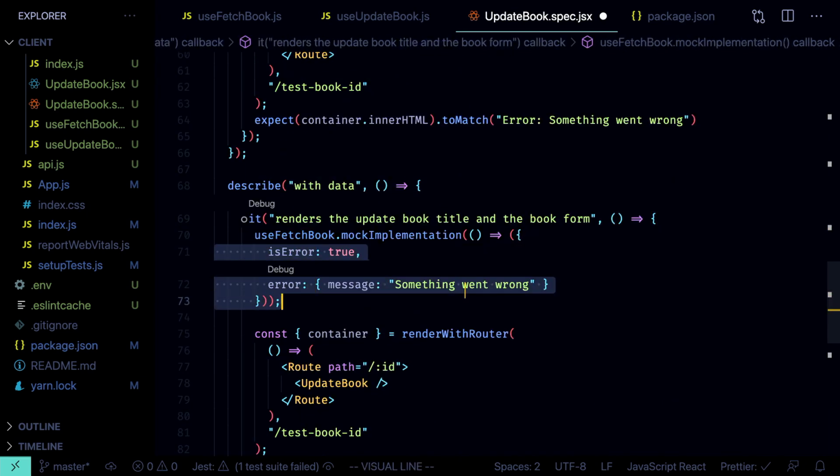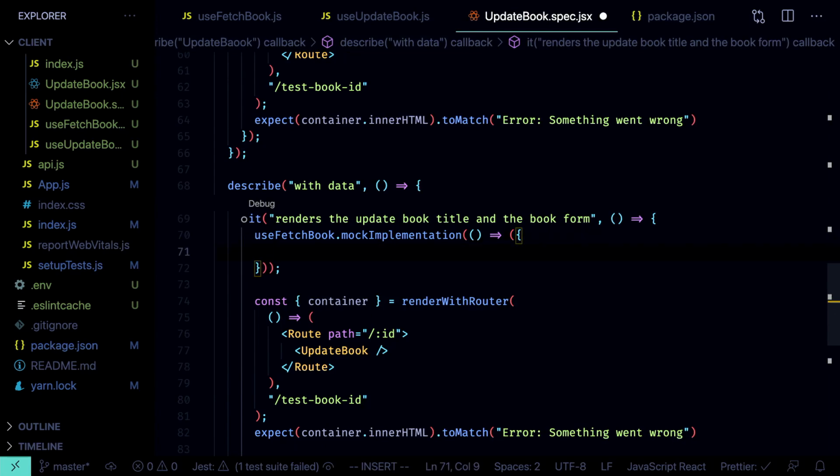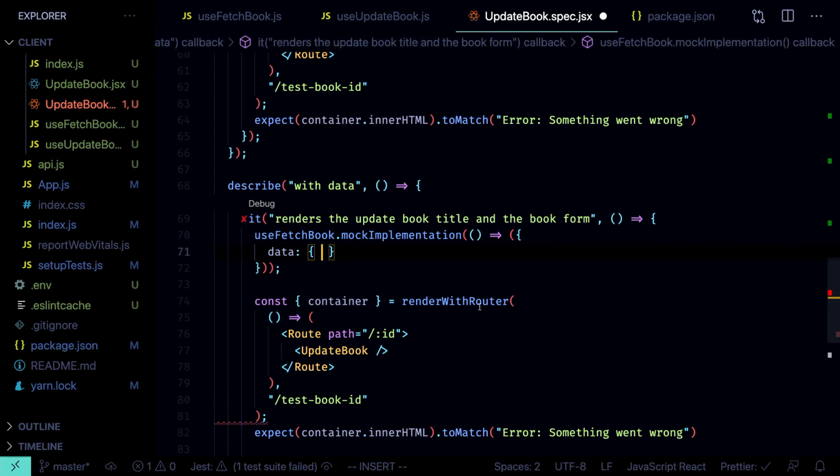Let's remove the values, use fetchBook mock implementation, and now the data will be an object, and it doesn't really matter for this test in particular which data we're gonna pass. We just want to check that the update book page will pass the default values, the data that it got from the backend, as the default values to the form. And here it's gonna be